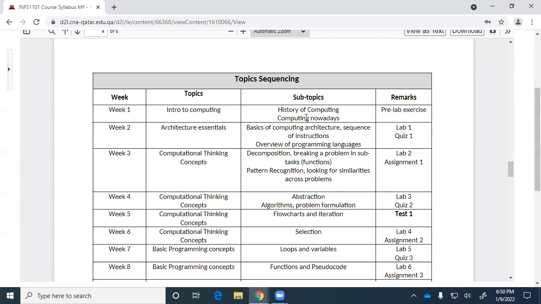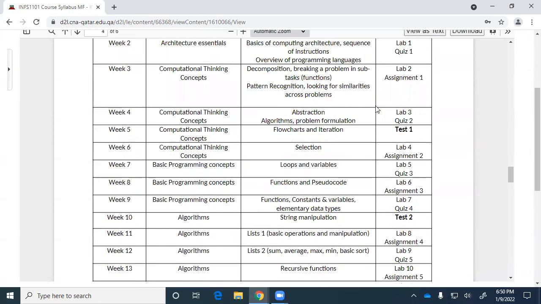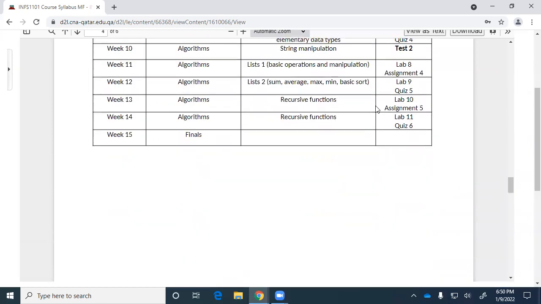But it looks like 2 lectures to me, right? We got to do the history of computing and computing nowadays. That's a bit of stuff to get through. So we're going to start on that today. We won't start on the pre-lab exercise. We'll do that in the lab time. So it looks like we might do this during the tutorial time as well. But you'll see the other things that we're going to do. Look at that, we got a quiz coming up next week, and a lab. So we do sort of get cracking pretty quickly.